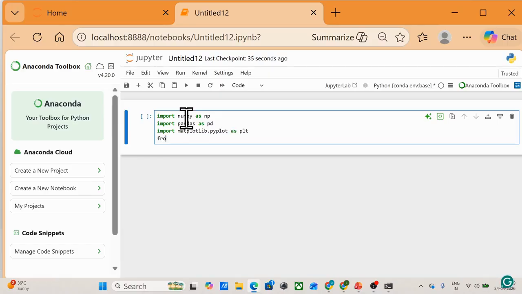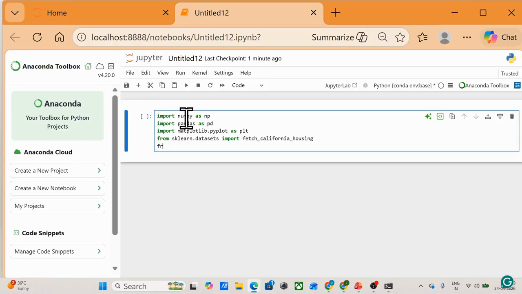Then from sklearn.datasets we'll import the dataset. Which dataset we'll import? We'll fetch California housing. So this is our data set which we'll use in it.